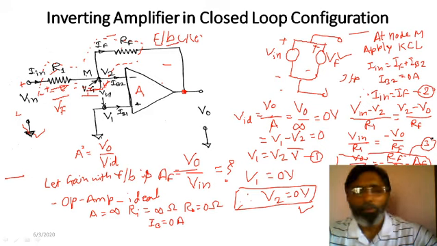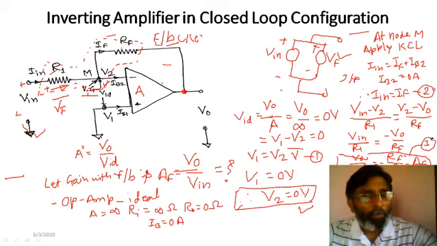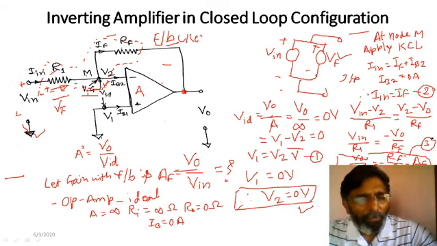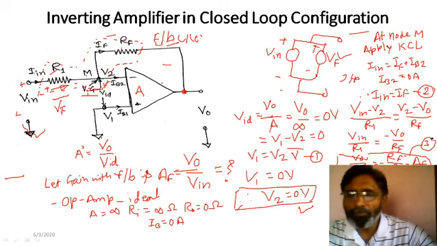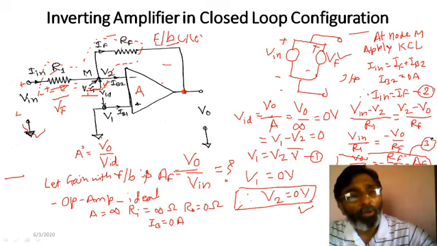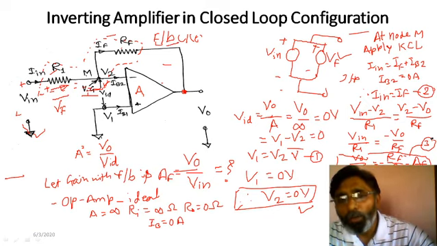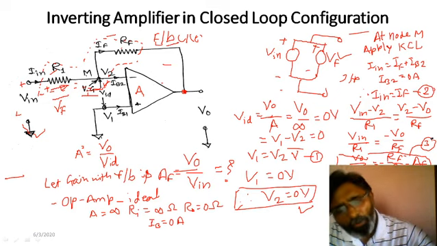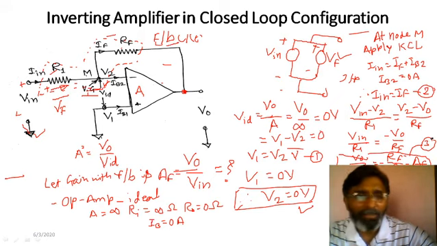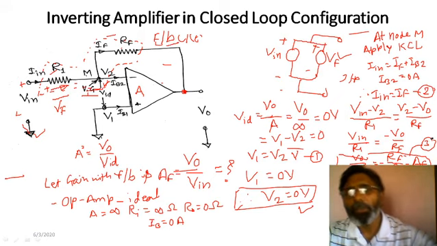Now my gain is decided by R1 and RF, so my gain is not decided by the op amp now. In the previous case, in open loop configuration, the gain was decided by the op amp, and as the temperature changes its value changes, so it was not stable, and it was not adjustable. In this case the gain is dependent on external components, so it will not depend on the op amp's conditions, so it will be stable. And if I make RF or R1 or both variable, I can have adjustable gain also. Because of this my problems will be solved.